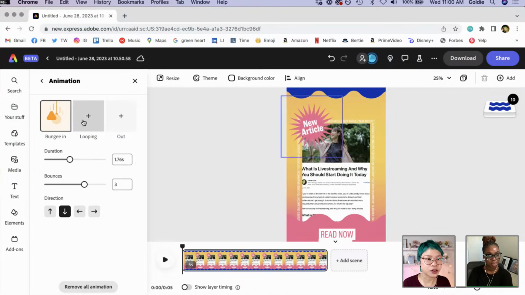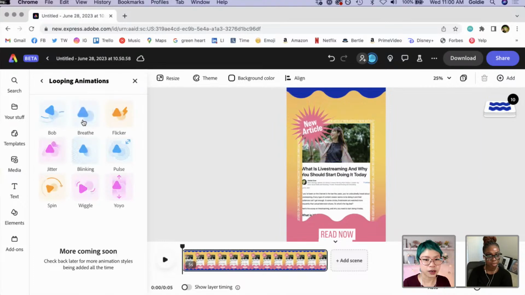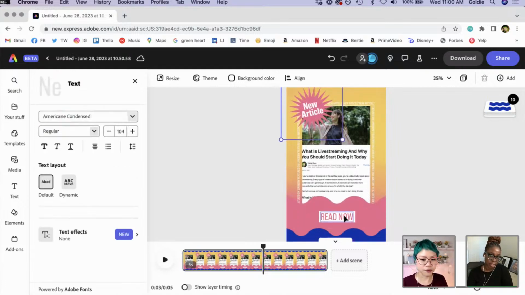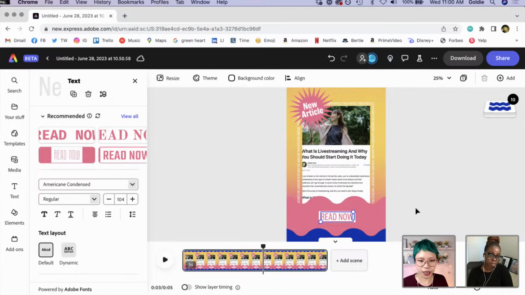And then the cool thing is you can also have it loop. You can have something else. There's a ton of different animations, and I'm going to go through some of the other ones in some of the other templates that we do. But now, as you can see, there's a little bit of breathing right here with this. And then there's also some animation already with this piece that already existed in the template. But once again, I think it's helpful to have a call to action that is really obvious. So our read now is our call to action.